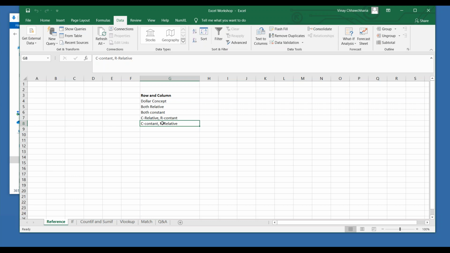Then we will move to COUNTIF and SUMIF, which are predominantly used for computing basic calculations based on some logic. VLOOKUP, this is one of the most heard formulas in Excel. There is one more advanced formula called MATCH. And then we will have a question and answer session if time permits, but we will try to manage a few questions.